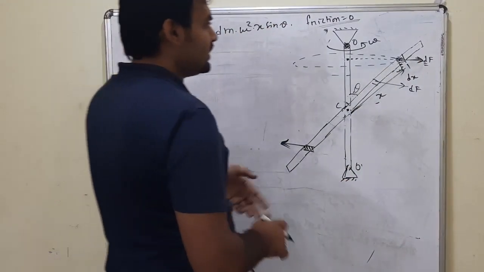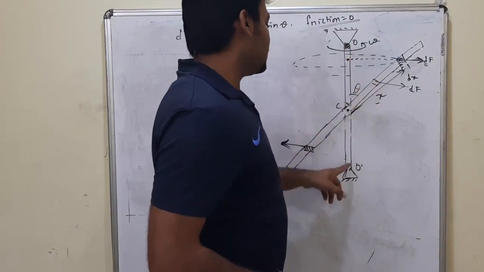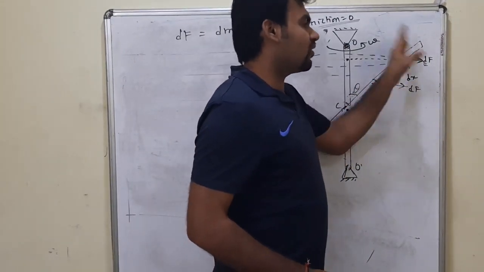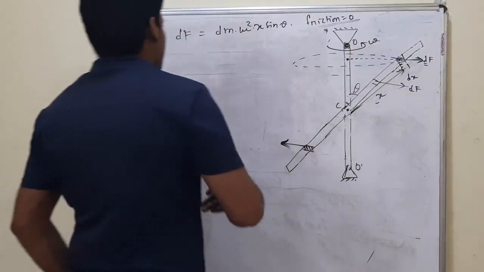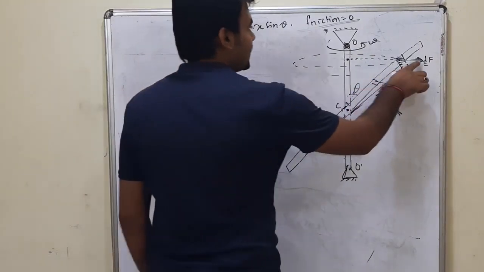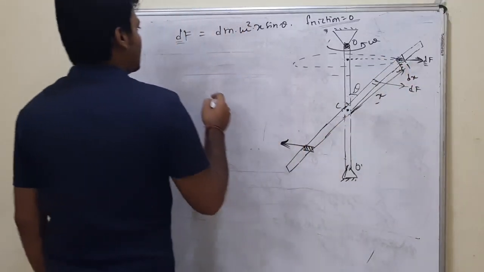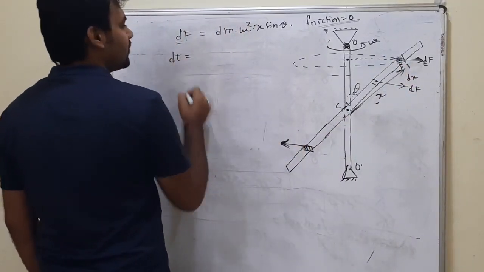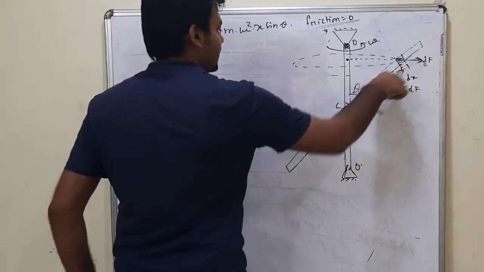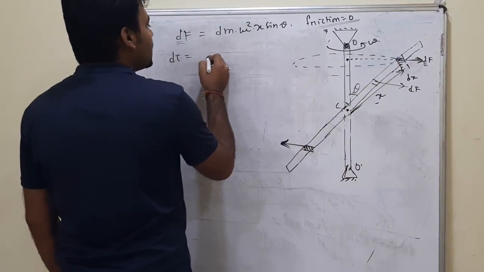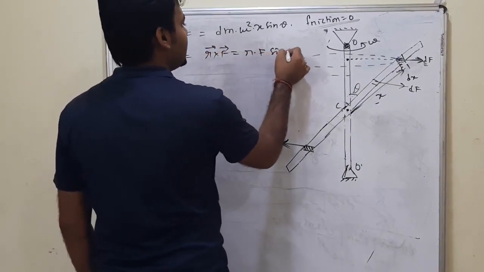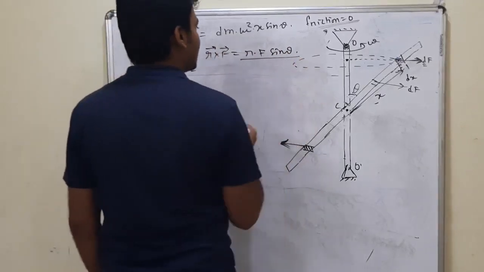So it will be quite easy to calculate the torque of the external forces if we calculate the torque of this centrifugal force. Okay, so that is the value of the centrifugal force acting on this element, and for this force the torque will have a value about this point C. The torque of this force about this point will be given by r cross f. You can say r f sin theta. For the element I am using this expression.